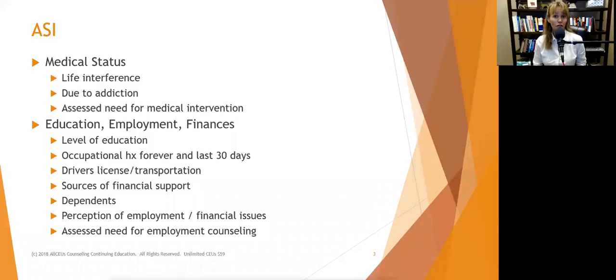Sources of financial support, are you able to maintain a recovery environment? And if you're familiar with the ASAM, one of the 6 dimensions that we assess on people is the adequacy of their recovery environment. We don't want them to be homeless and coming to treatment. We don't want them to be living in an environment in which there are lots of drugs or whatever the problem is, when possible. So we want to look at their financial support. Can they even afford to get into an improved situation? Do they have dependents? Maybe we need to bring in some family counseling.